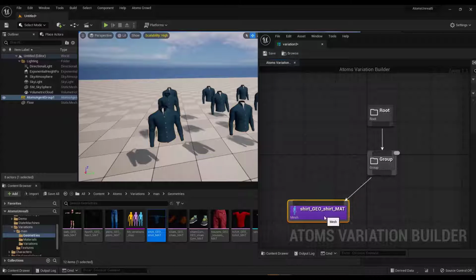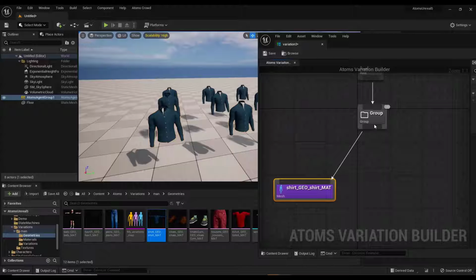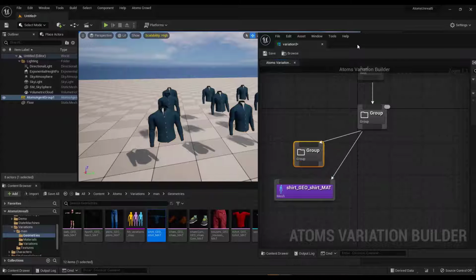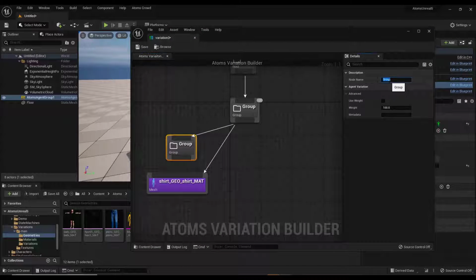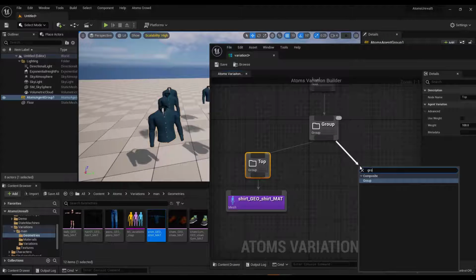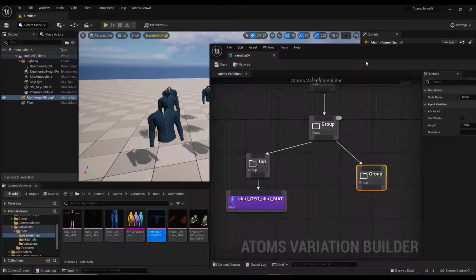Let me split it in a better way. Put a group, and let's call it, for example, top. And now here I have the shirt, and here I have another group, for example,